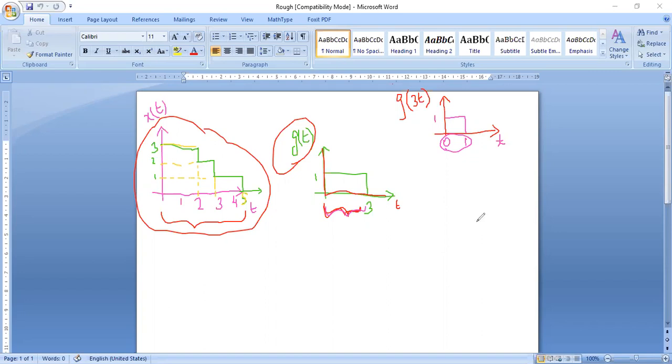Have you all completed? Yes, ma'am. Okay, good. So now the next thing is I have to use the diagram of the standard one. g3 of t is my standard one. From that diagram onwards, I have to keep doing various operations such that if I add all those diagrams, I will get back x of t. As per the x of t diagram, I should have the value up to 5.